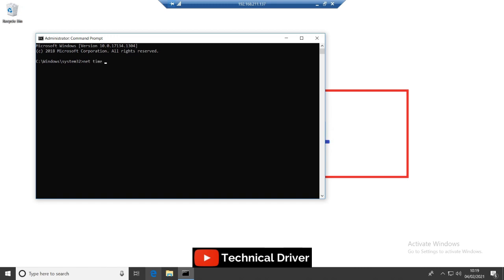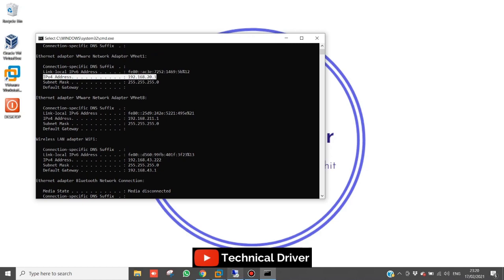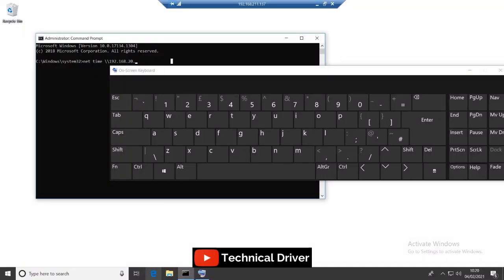I am opening my virtual keyboard and typing net space time space backslash backslash 192.168.20.1, my server IP address, because I am going to sync my virtual machine timing from my main server machine.